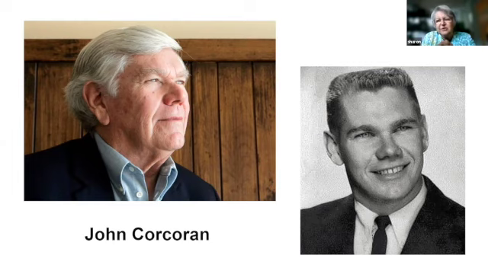Now, because John Corcoran was such a gifted athlete, he was given a scholarship to college, and he took it. Joined a fraternity. His fraternity brothers helped him get through college. He says he got through college with aggressive cheating. But the story doesn't really end there, because after college, he got a job teaching school. So John Corcoran taught school for 17 years, not being able to read past a second grade level.